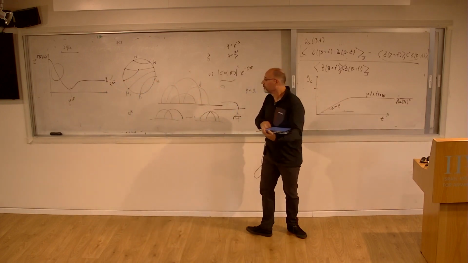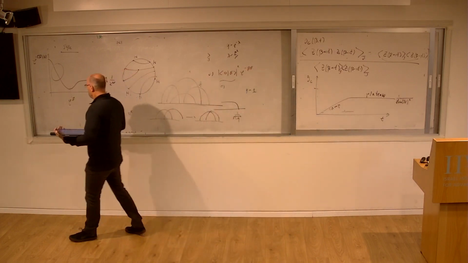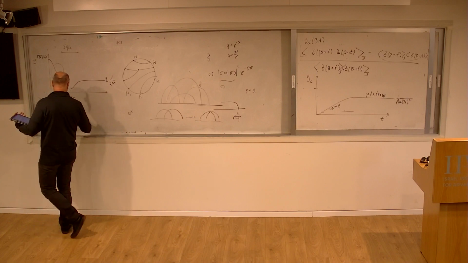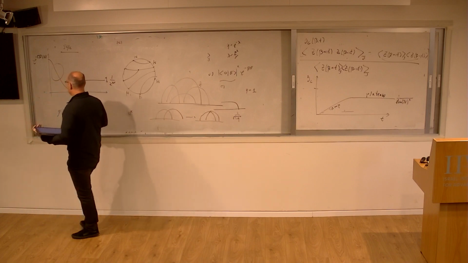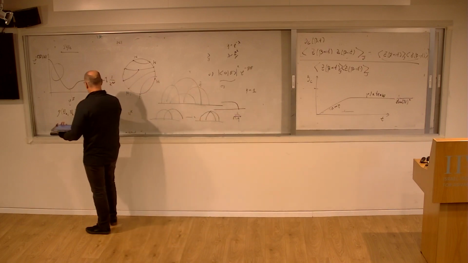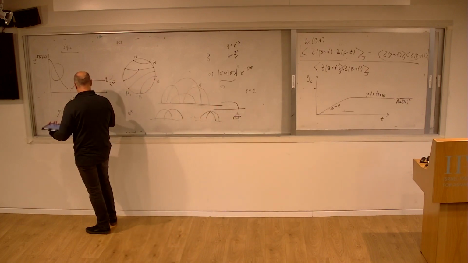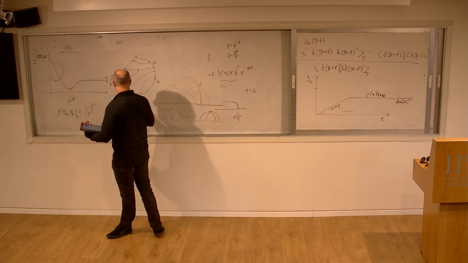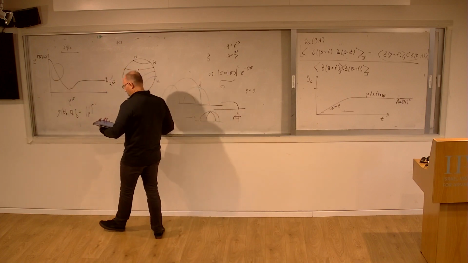Okay, so for example, if you're interested, you can get some exact formulas, which is, for example, that the connected 2-point of the energies is this n choose p to the minus 1. This is really my small parameter. This is the thing that goes like e to the minus square root of n, and then